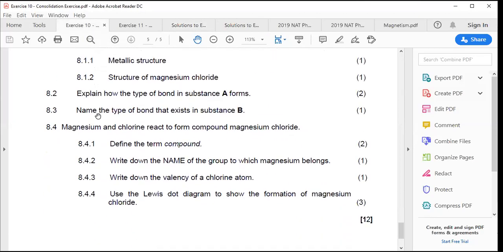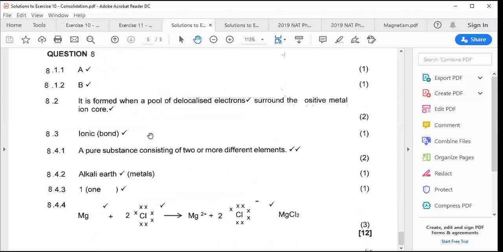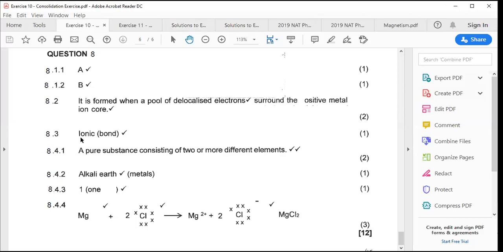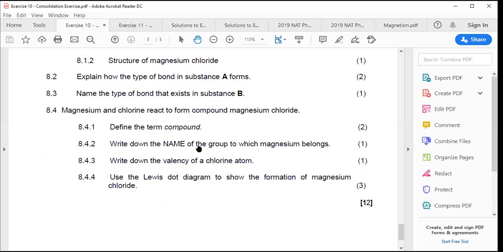Right, it says magnesium and chlorine react to form compound magnesium chloride. 8.4.1, define the term compound. Right, so what is a compound? It's a pure substance consisting of 2 or more different elements. Right, that's the definition of a compound. Pure substance consisting of 2 or more different elements. Right, next one, 8.4.2. Write down the name